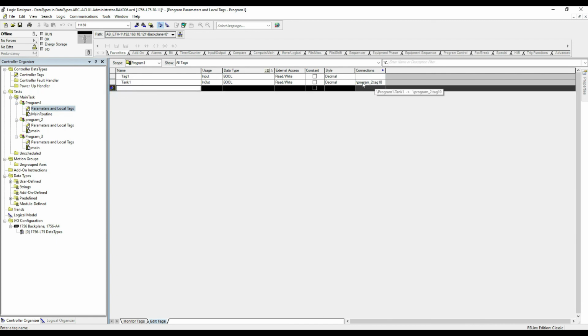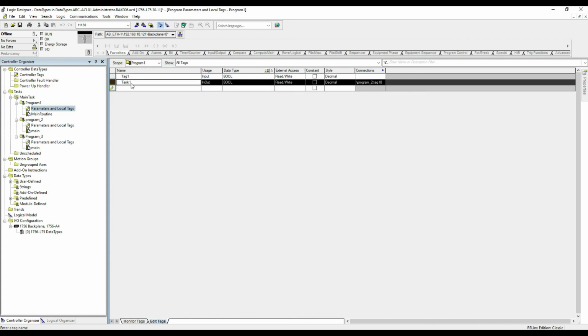And now the value of this tag, that's now called tank 1, is gonna appear in here. So if I go and download,